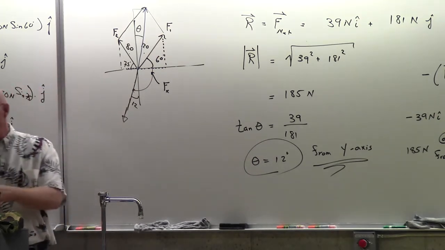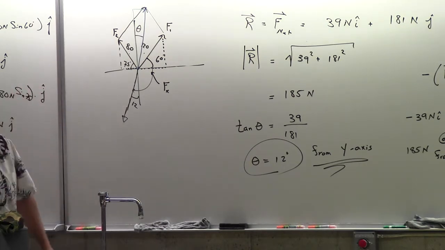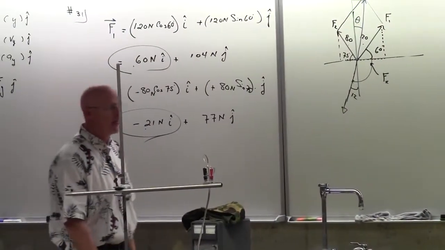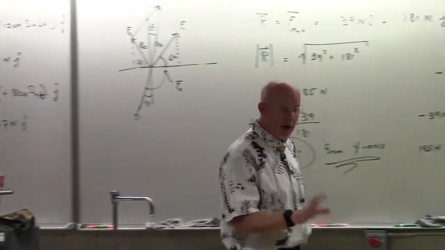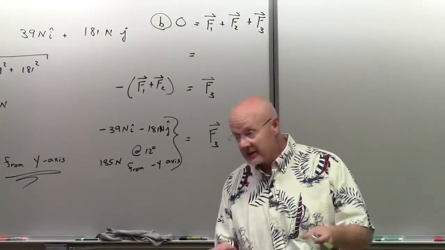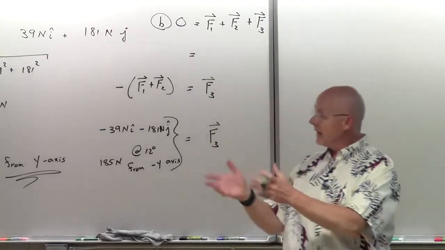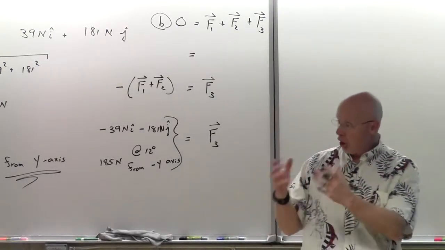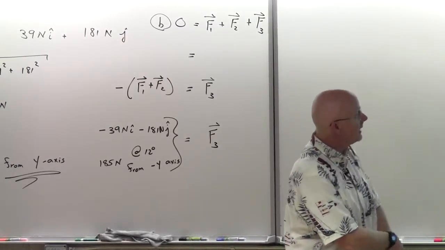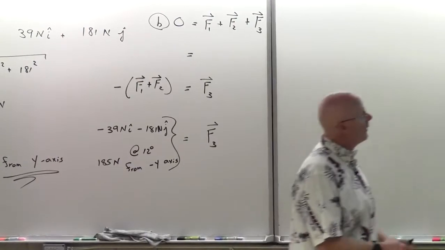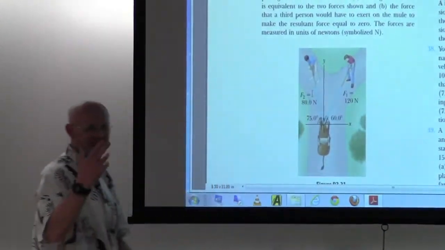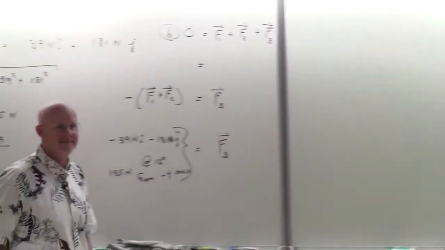And it's in a clockwise direction, so if you wanted to put negative 102, that would be the traditional way of describing the angle. So you've got a lot of options there, and my point is that you are understanding and reading them. I don't care if you measure from the x-axis or the y-axis. However, just make it clear that you know what it is, so I can give you full credit for it. That's the idea here. They were even nice here. In case you forgot, the units of force are in newtons. Yeah. Why wouldn't it